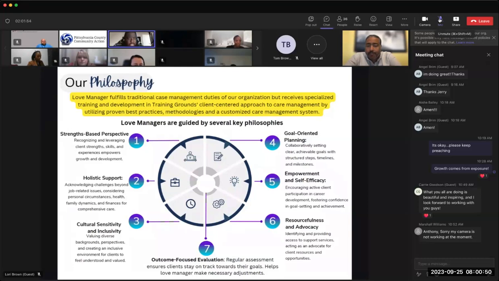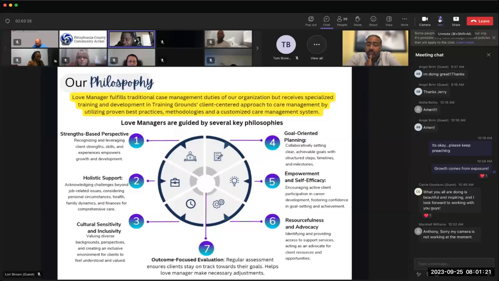To read this real fast: strength-based perspective, a holistic approach, cultural sensitivity and inclusivity. Outcome-focused evaluation. This is really important to us, not just to the individual, but to us as an organization, to try to identify what we actually did with an individual. And in some cases,